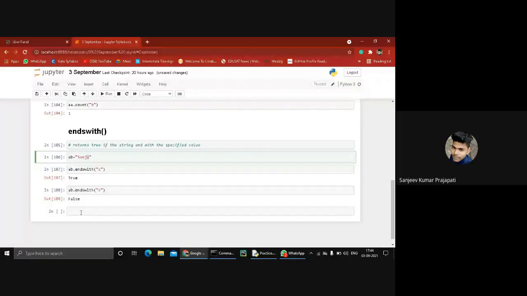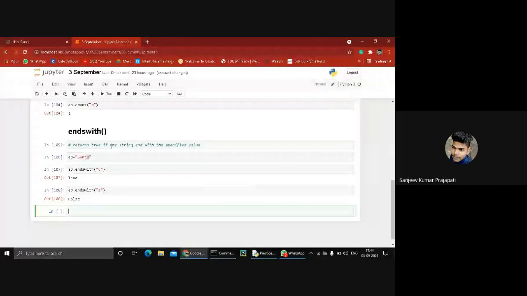So my string is Sanju. The string ends with u, so our output is true. Yeah, so we get the outcome true. When we type another alphabet like s, it returns false because my string ends with the letter u. So the endswith function is clear, how it works.